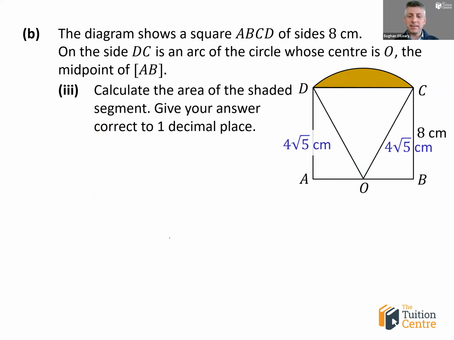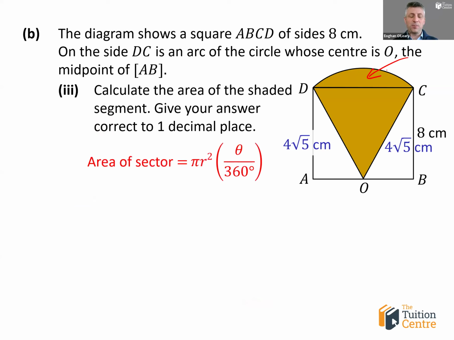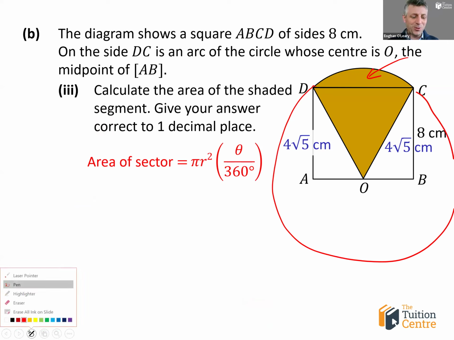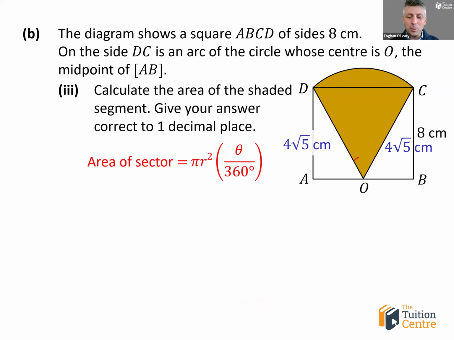And our last part then is to calculate the area of the shaded region. And again, not too bad. As I mentioned at the start, there's a bit of area and volume in this question. We're finding the area of the sector, and it's the sector of a circle. Okay, we could extend that round. Not the best looking circle in the world, but you get the meaning. And because we know this angle here is 53.13,